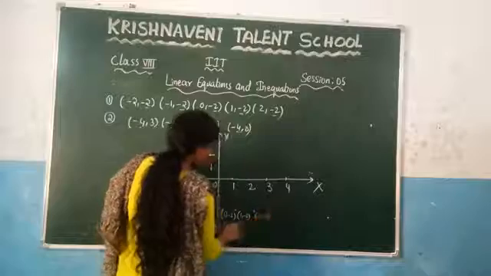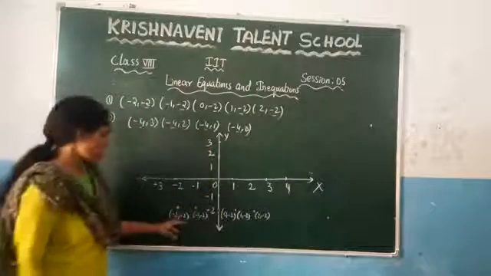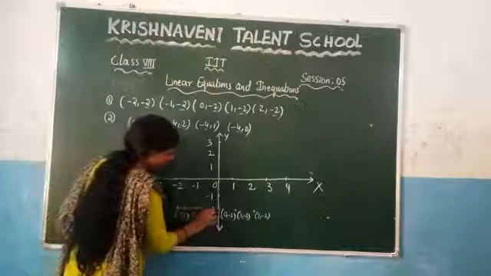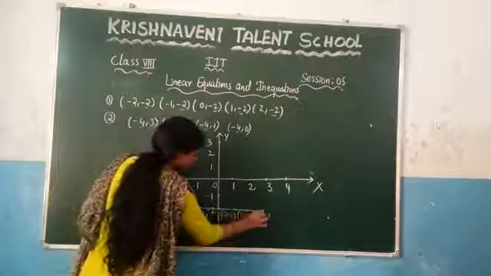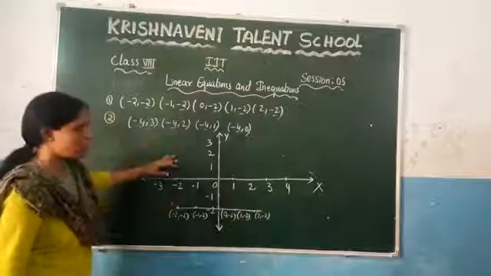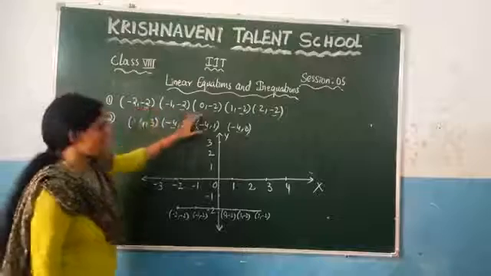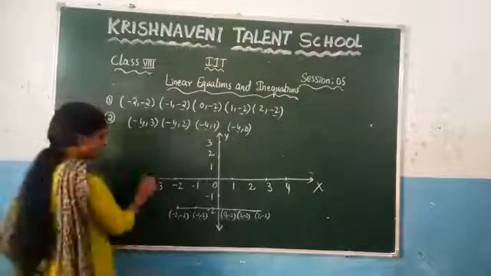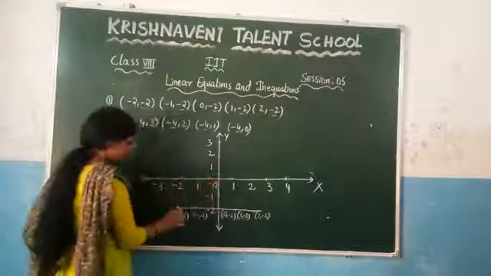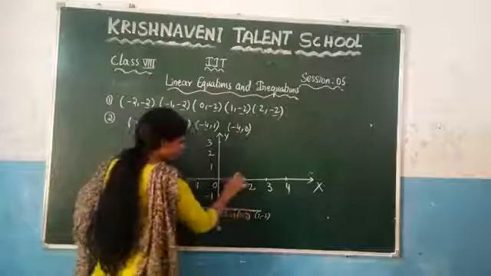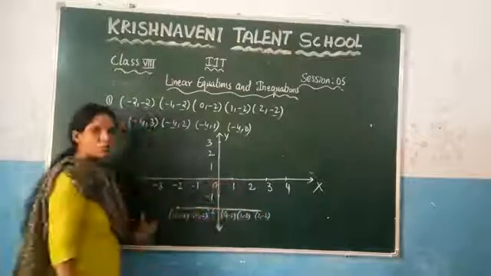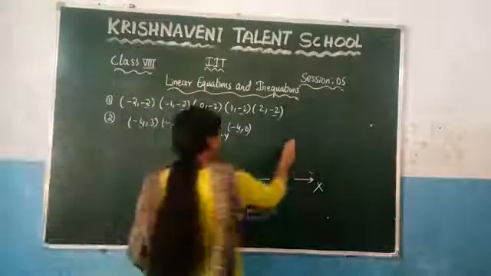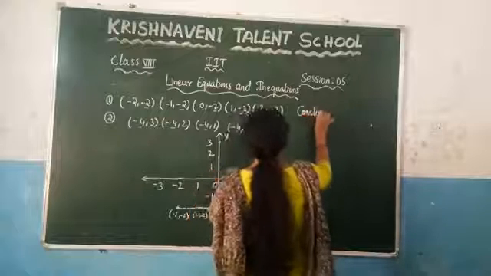Now let us join these points so that you get one line. Join them, and you will get one straight line. From this we can conclude that if the y coordinates are the same, you will get a line parallel to the x-axis. You know this is the x-axis, and here we are getting another line such that these two lines are parallel. Why are we getting this? Because the y coordinates are the same.